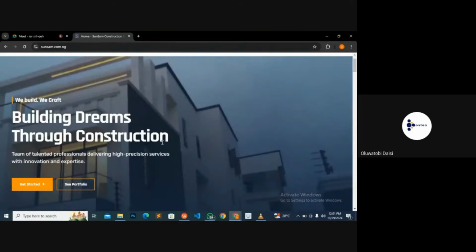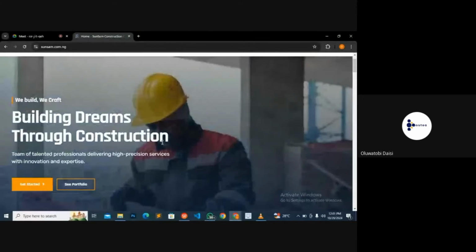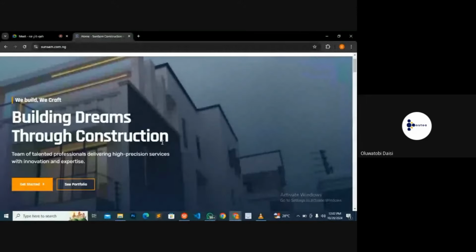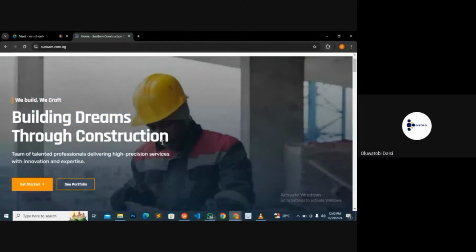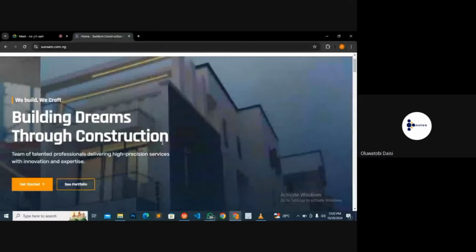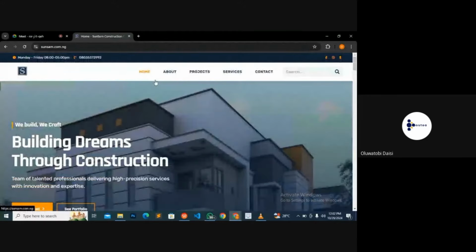If this very section does not look good and catchy enough, people are likely to get turned off even before they start interacting with your website. A friend of mine once said that if he has finished his hero section while building a website, he has done about 30 to 40% of the job. So you want to put good effort into building your hero section so that it looks beautiful, retains people's attention, and makes them want to scroll and see what's on the website. That's the section immediately after your nav bar. It starts from here and ends here.